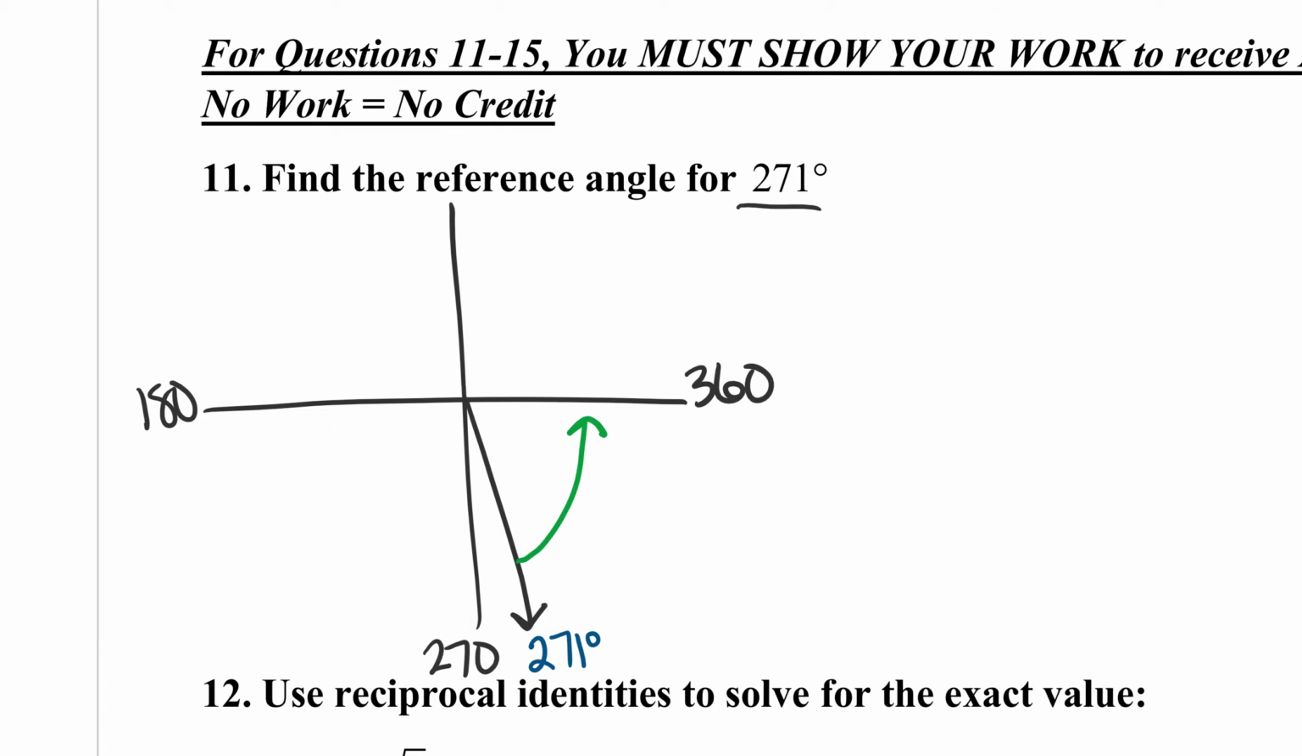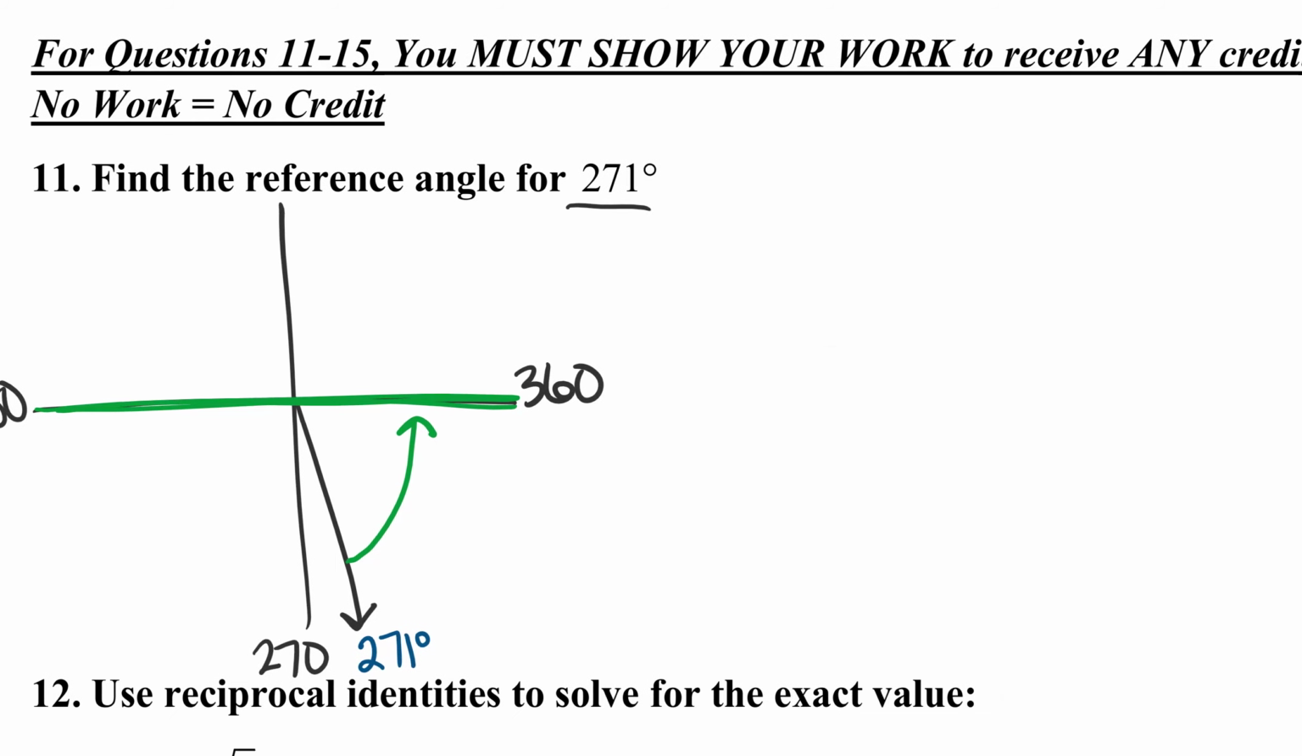A reference angle, if you forgot, is how far it is from your angle to the x-axis. So you're always going to go to the x-axis, this horizontal line, and then whatever your degree measurement is closest, you just subtract them and that's your answer. So my closest one is 360, and I'm going to subtract 271. That's all I need to do. So I have 360 minus 271,